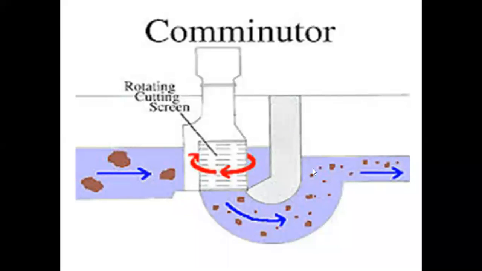Okay, comminutor, what is the comminutor? It is the instrument or the unit operation which can be used as a substitute for the screening. In any kind of wastewater treatment plant, screening is a first and important unit operation. In that case, you can use the comminutor. You can replace the screening with the comminutor, or as a substitute arrangement along with the screening, you can add the comminutor. Rather, we can say for comminutor, screening will be the substitute arrangement.